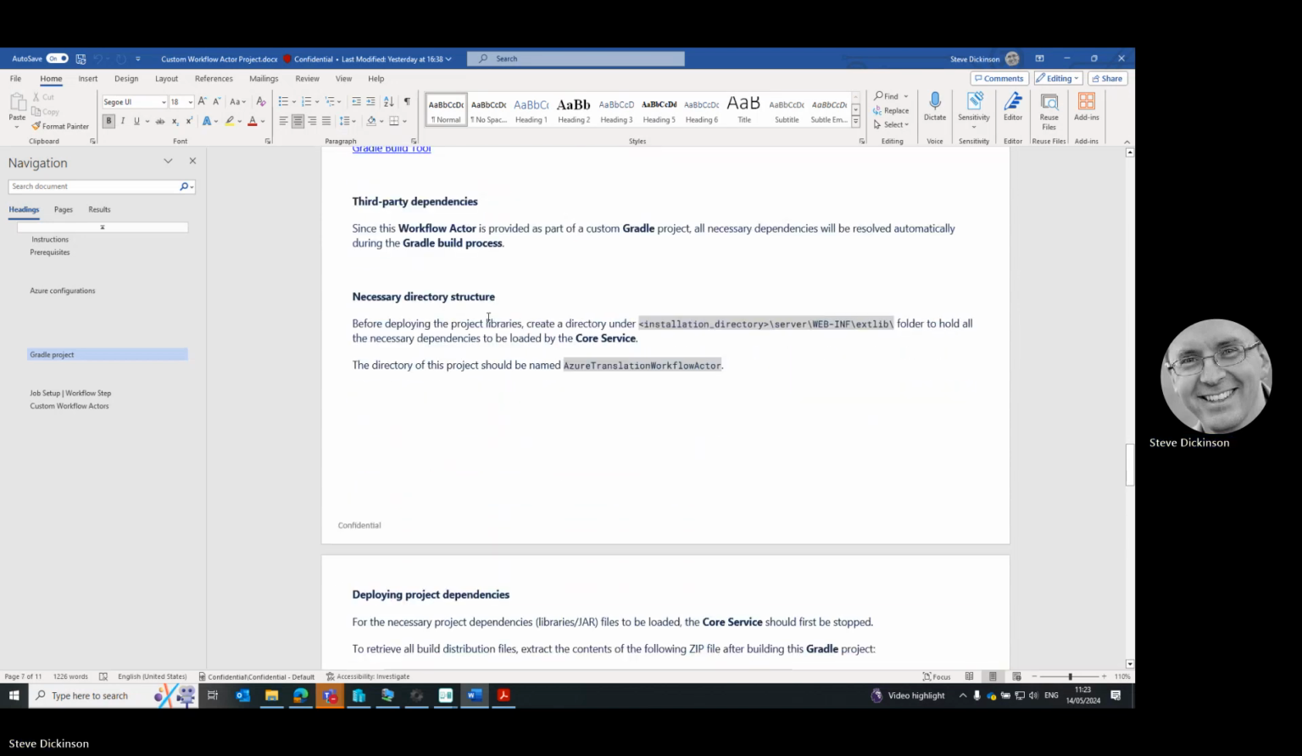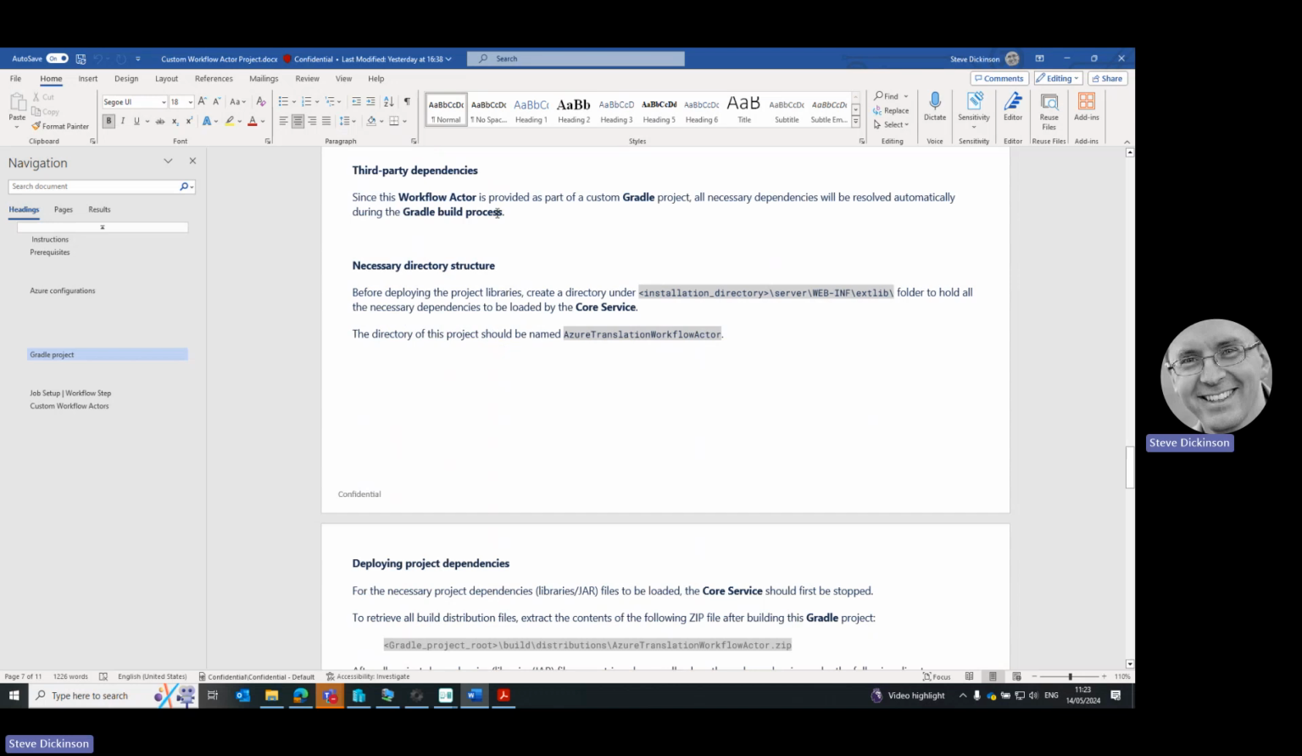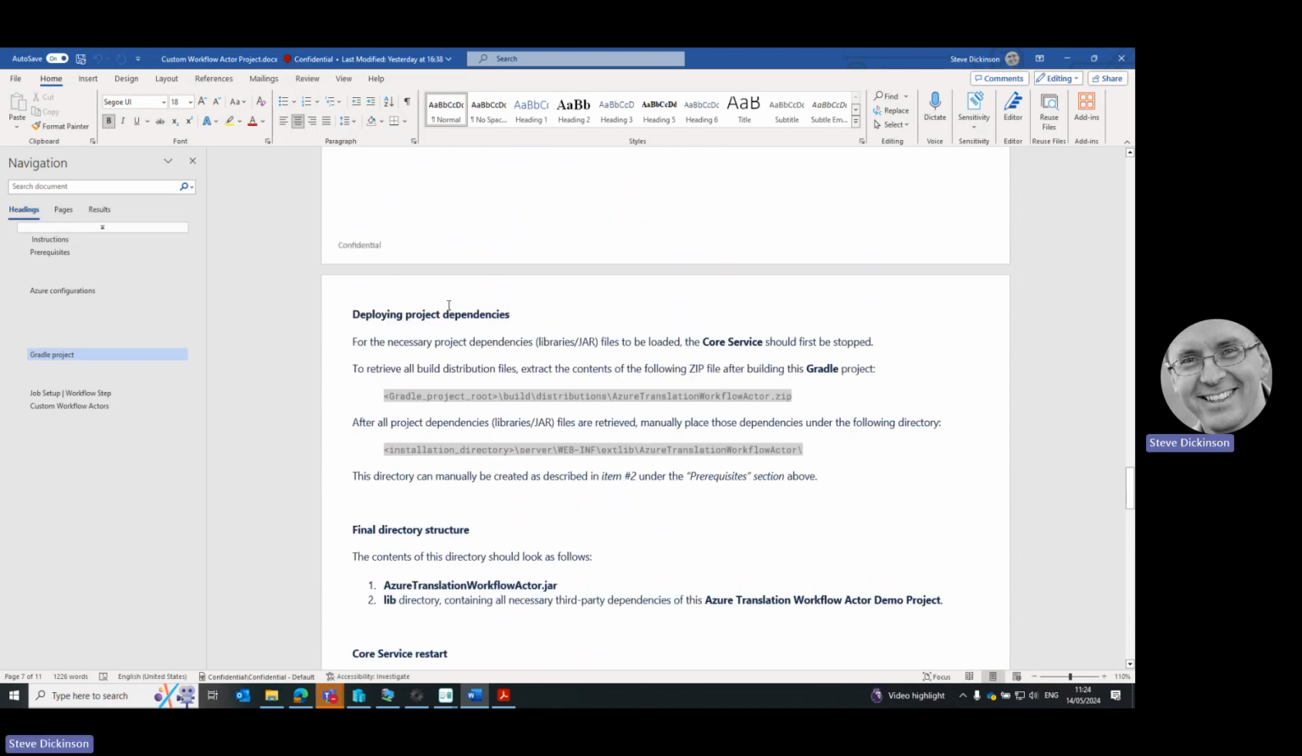We've created and built the project, and then we have to deploy the dependencies. So as it says here, it compiles to the zip, and then after all is compiled, you would